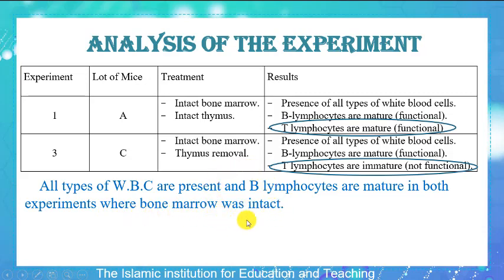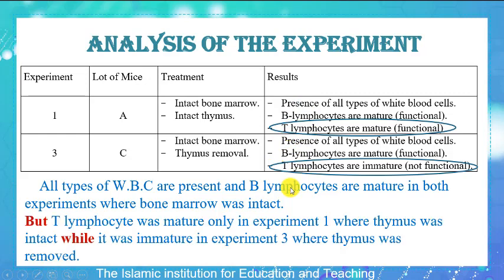First, I mentioned the same results in order to mention the different results after that. But T lymphocytes are mature only in experiment 1 where thymus was intact, while they were immature in experiment 3